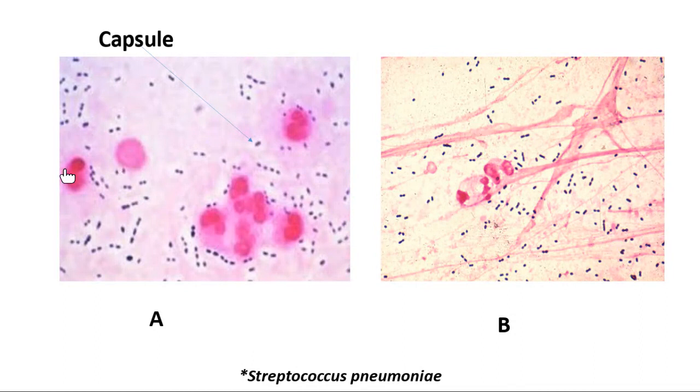You find here polymorph neutrophils, multi-lobed polymorph neutrophils. It means the specimen is very good. It is not poor. It is a good specimen, and this specimen is from sputum, not from saliva. So the specimen is okay.